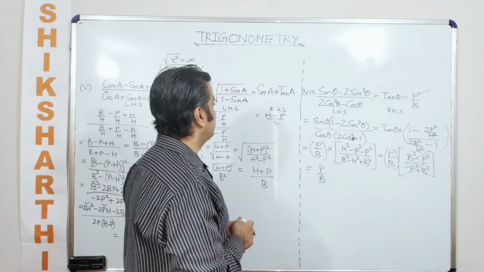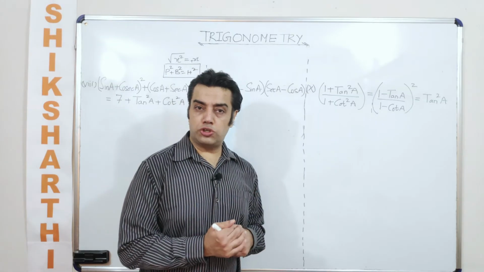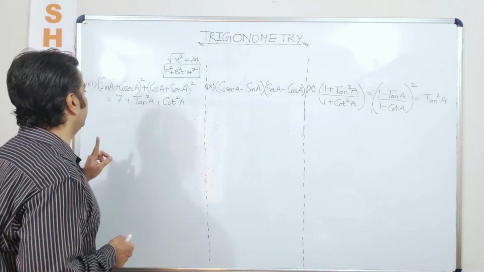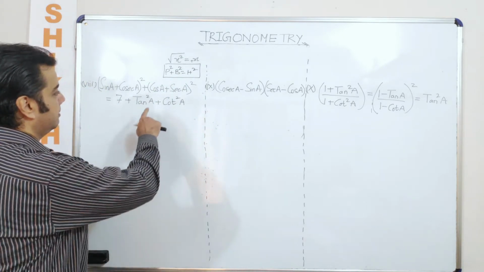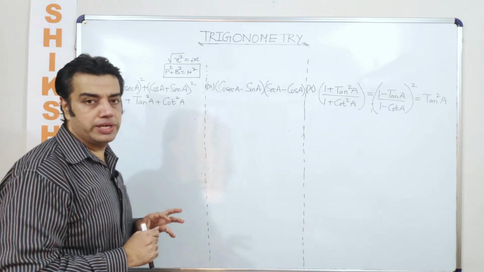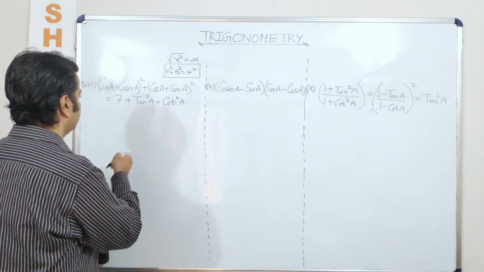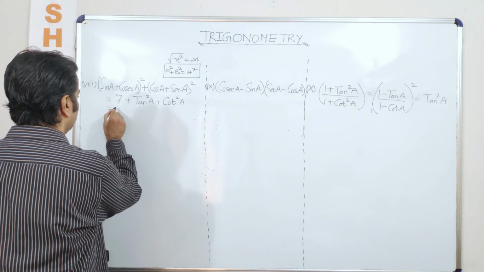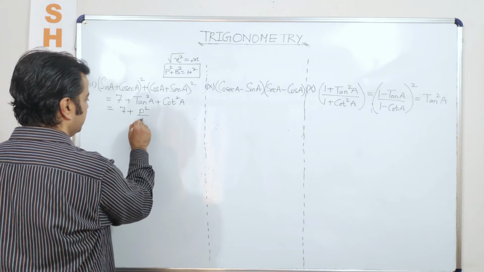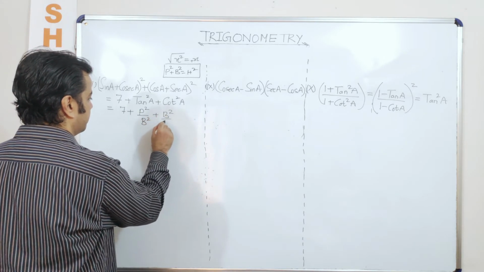Right? Let's move on to subpart 8. Let's talk about question number 8. So we are talking about subpart 8, which says sin a plus cosec a whole square plus cos a plus sec a whole square is equal to 7 plus tan square a plus cot square a. As discussed, let us start off with the less complex part first, which is taking the right hand side value. So can I say the right hand side value can be written as 7 plus p square by b square plus b square by p square, right?